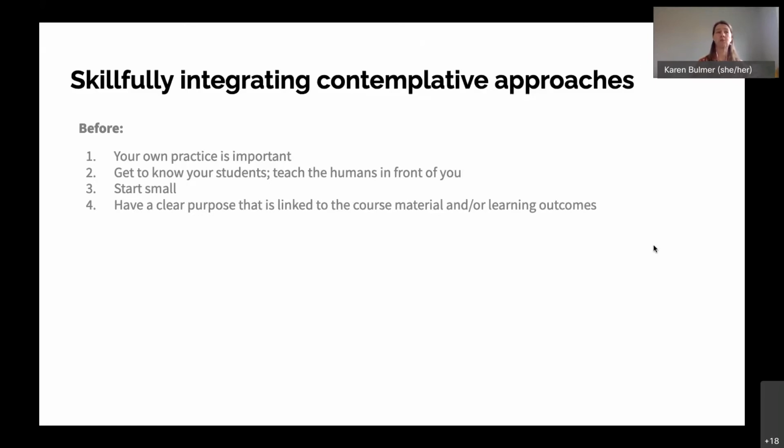So it's important to consider what you want your students to get out of this or to explore. It doesn't always have to be tied to an outcome of the practice itself, but what do you want your students to explore, and why is that important in the larger context of that individual class session or the course?